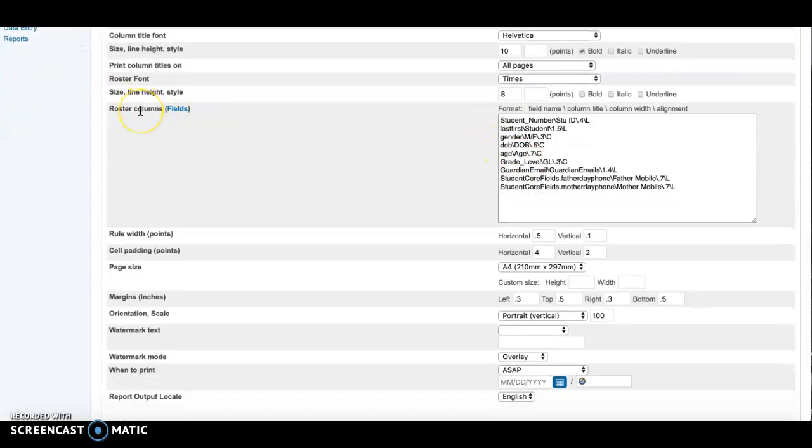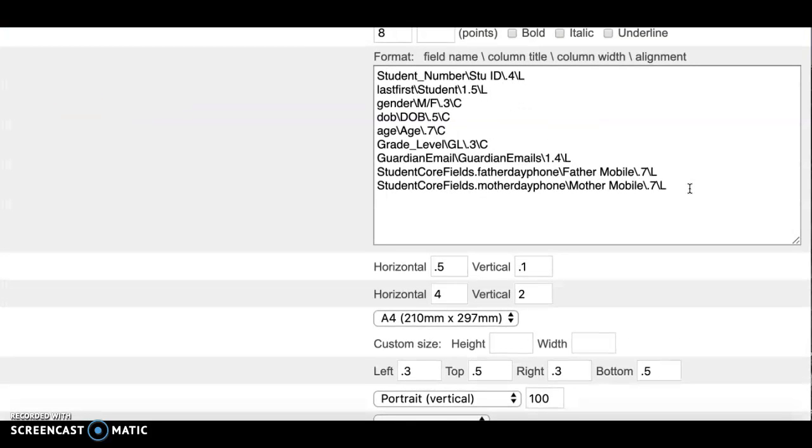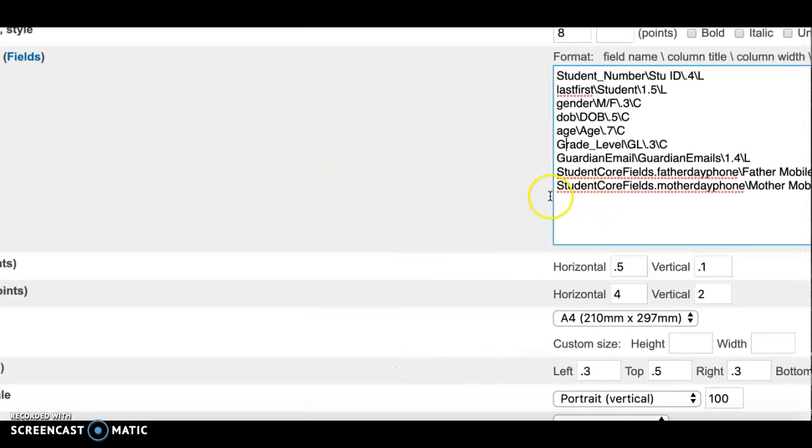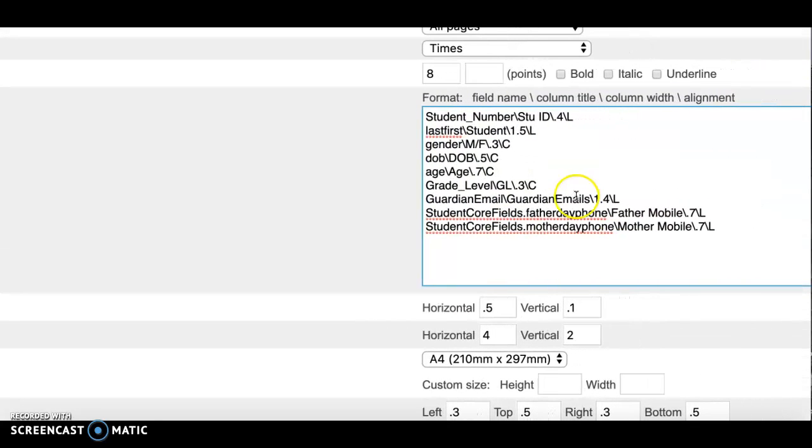Then we will go below. There's another section responsible for setting up the class roster table itself, which will print the student information. So in my example, I have already set up specific student information to pull from the database. Like the student number, last, first, gender, date of birth, age, grade level, guardian email, or father and mother phones. Of course, you can add or you can remove. Also, you can change the format